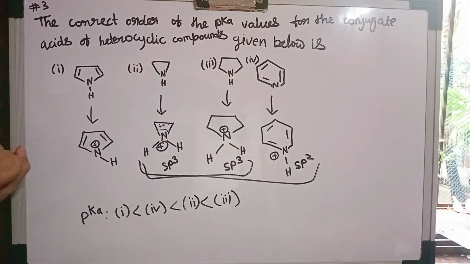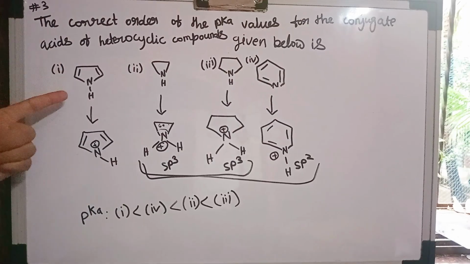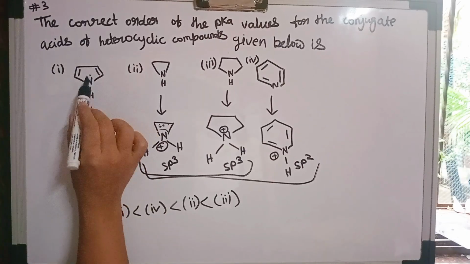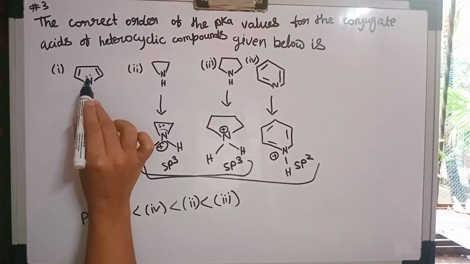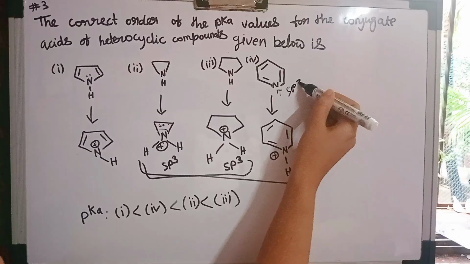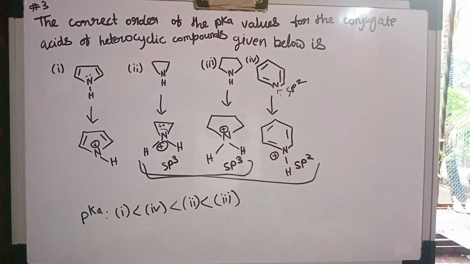In this easy method, what you do is look at them and decide which one is going to be the strongest base. Now look at these 4 and think about which one is going to be the strongest base, which one is going to give away its electron easily. Here the nitrogen has electrons, and these electrons are part of the aromatic ring current. So this is not going to give away its electron, so it is not going to be a good base. Now between these three, this is sp2, so sp2 is not going to give its electron as easily as these two.